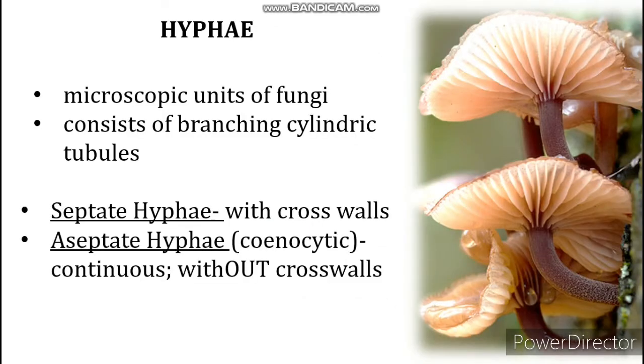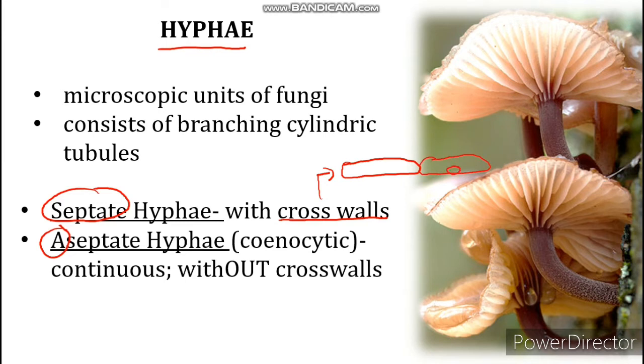Now, your fungi have your microscopic units, which you call your hyphae. Your hyphae consists of branching cylindric tubules, and it has two different types. You have your septate hyphae and your aseptate hyphae. So, for septate hyphae, they contain cross walls. So, kung idodrawing natin siya, para siyang tubules na mahaba, tapos meron siyang nuclei. Take note na meron siyang cross walls. So, may hati yung bawat